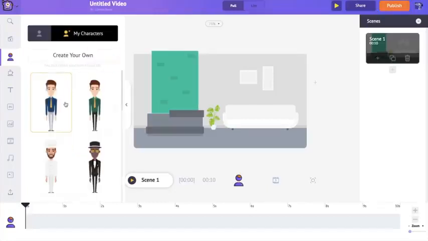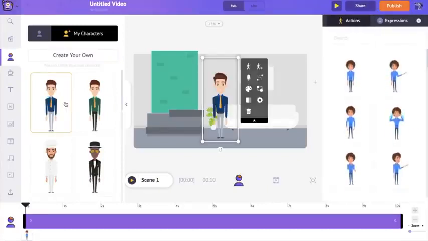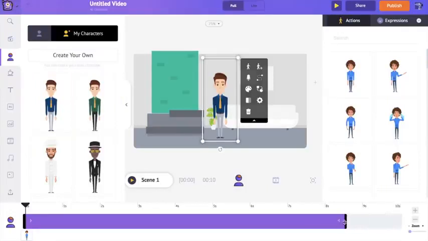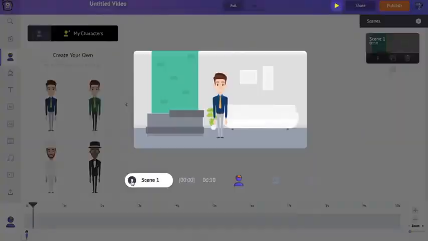So as you can see here, the new character that I created appears. So I'm selecting it. Once I selected the character, you can see a new purple bar appeared on the bottom, right? This purple bar indicates the duration for which this character is going to be visible. If I drag one of its edges, say if I'm dragging it till the 7th second, it means this character is going to be visible till the 7th second. Let's see what we did now. As you can see here, this character is visible now and it will disappear after the 7th second.